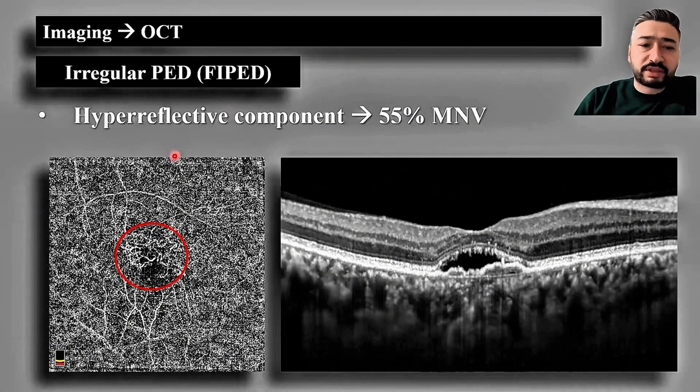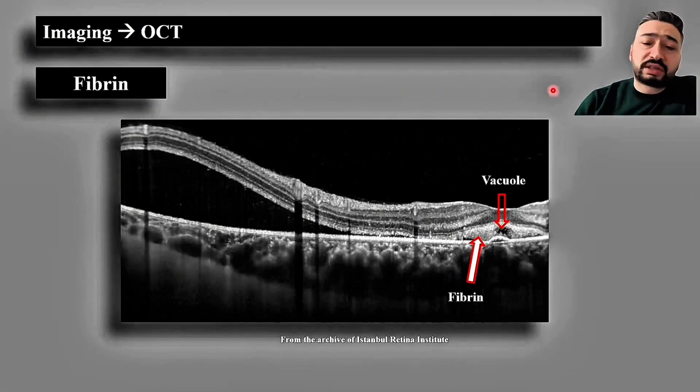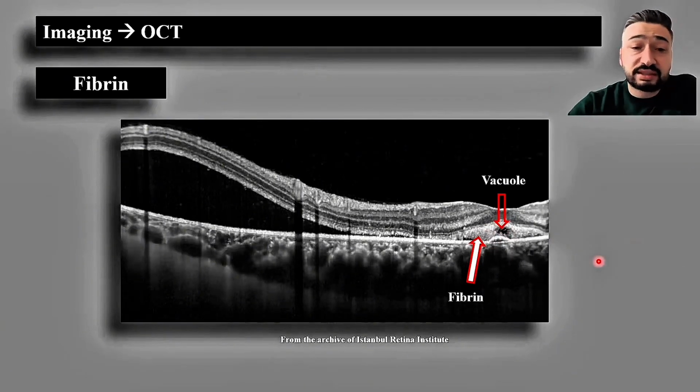In this case, there is a hyperreflective component and a macular neovascularization has truly formed within it. You can see here that the component is hyperreflective. We typically observe fibrin in chronic or bullous cases, where a hyperreflective deposit resembling vitelliform material develops. The space in the middle that appears hyperreflective is known as a vacuole, suggesting that ongoing active leakage is occurring